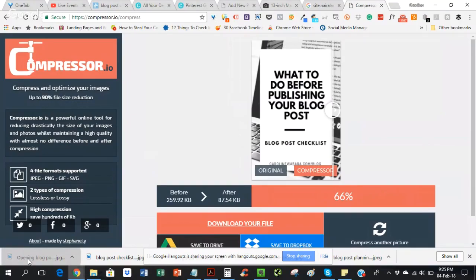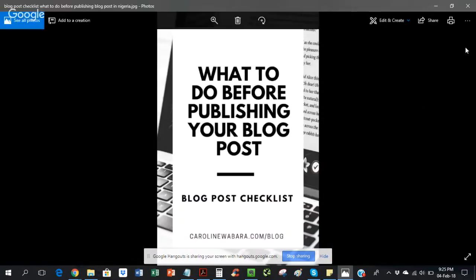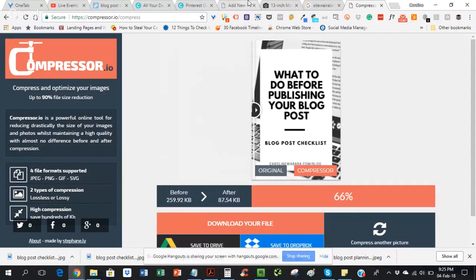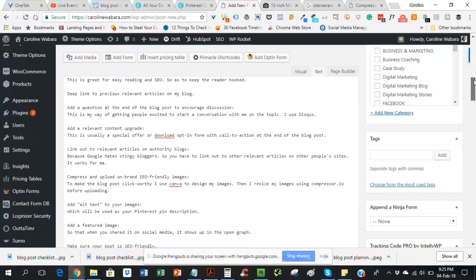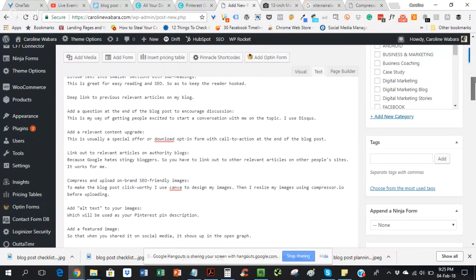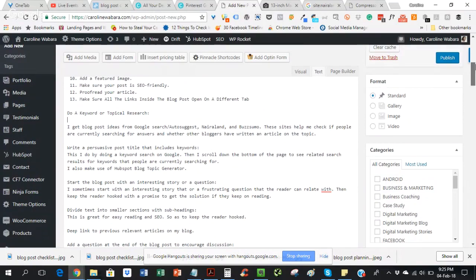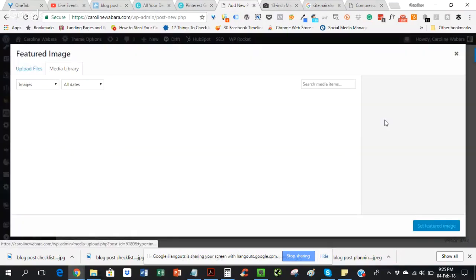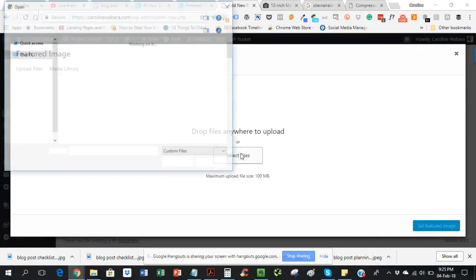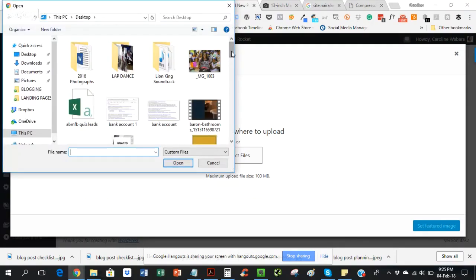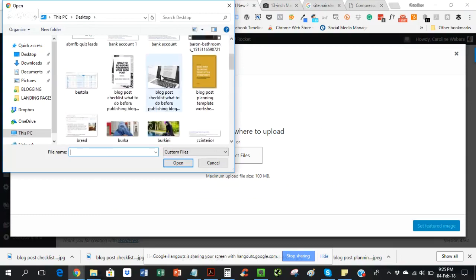So let me look at my image. Yeah, the image is looking good. Next is to upload my SEO optimized image in the featured. Select, set the featured image. I'll go to select the file on my system. This is the one I want to upload. Click open